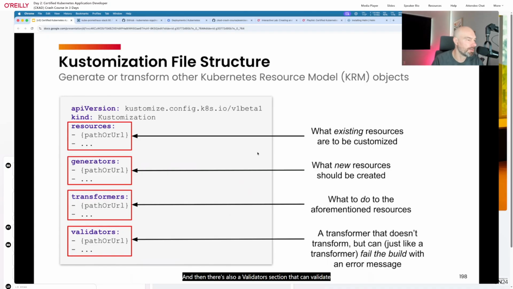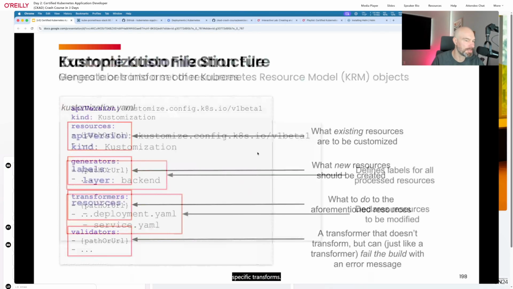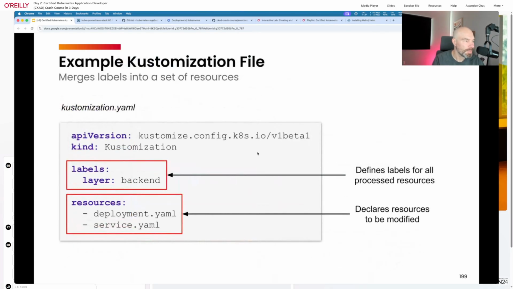And then there's also a validators section that can validate specific transforms. So let me show you one example, or multiple examples, for that customization file. Here I'm trying to keep it as simple as possible. In this example, we want to automatically add labels to all the resources without having to spell them out individually